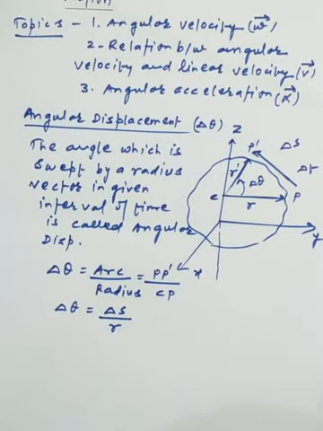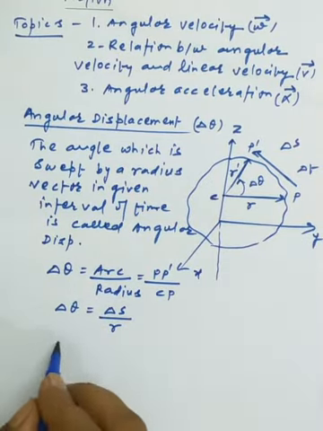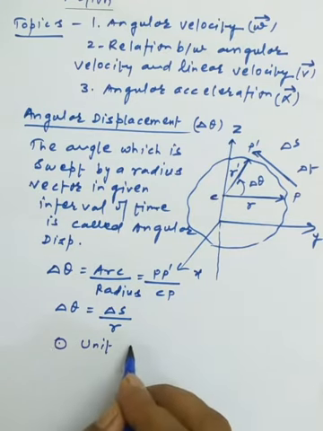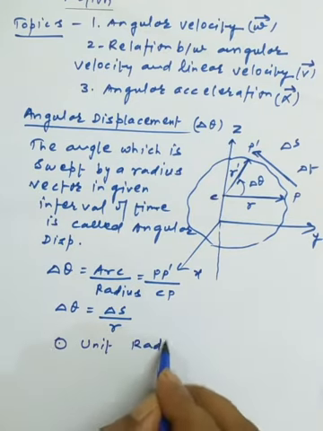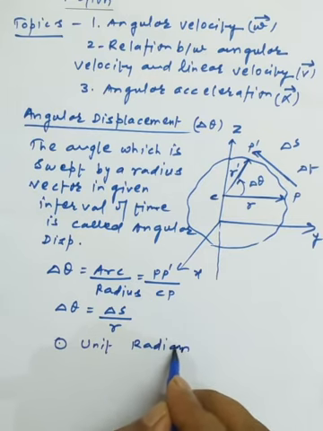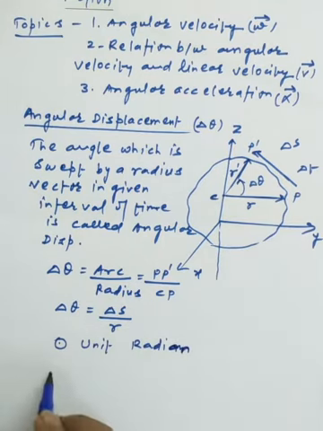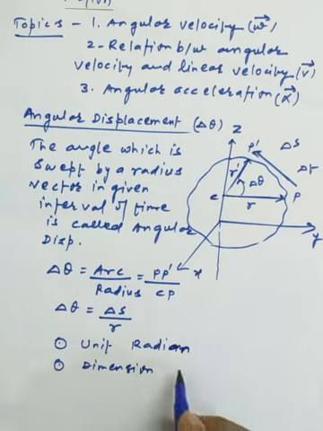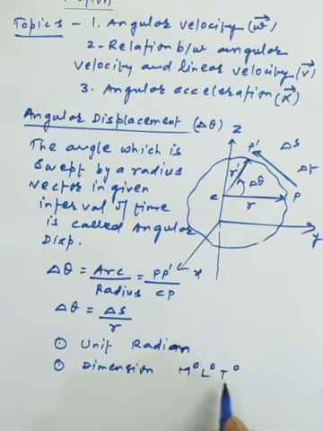And what are the two important things related to angular displacement? First is the unit: it is one of the exceptional quantities which has a unit but no dimension. The possible unit of angular displacement is the radian. These are the objective portions we have to complete here. Now for the dimension, easily we can say it's a ratio of two lengths, so it is a dimensionless quantity. M0, L0 and T0 is the basic dimension of this quantity.